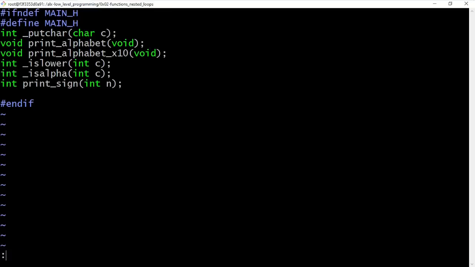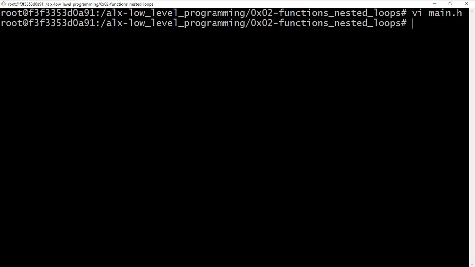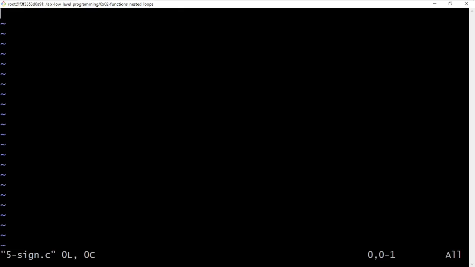Now vi 5, includes main.h as always, and then